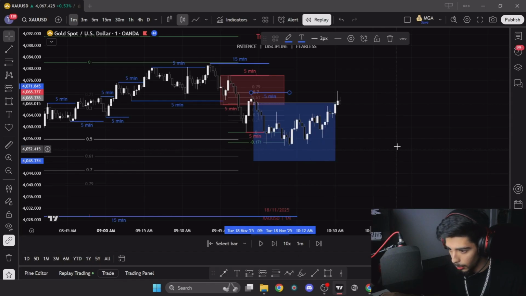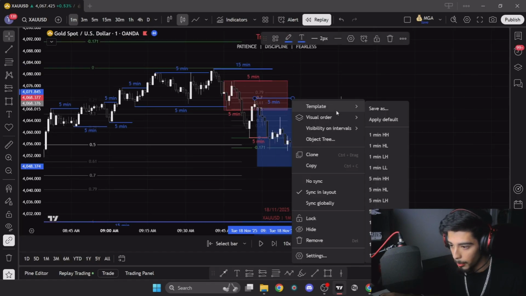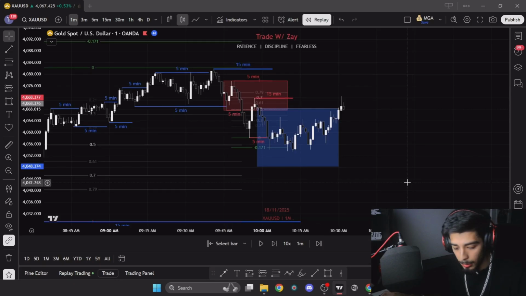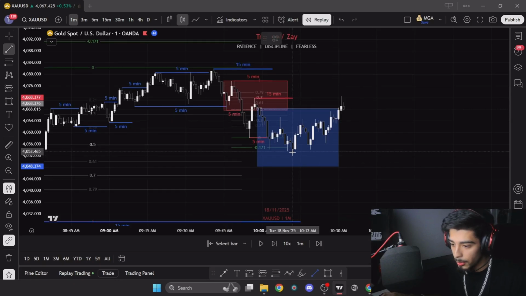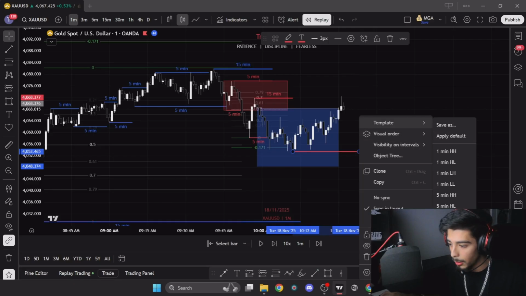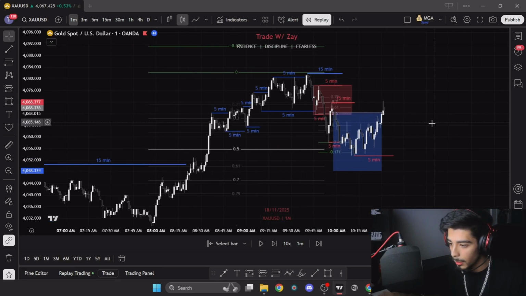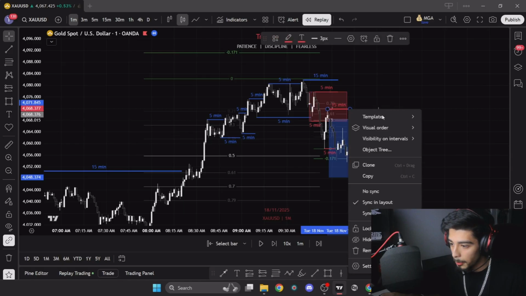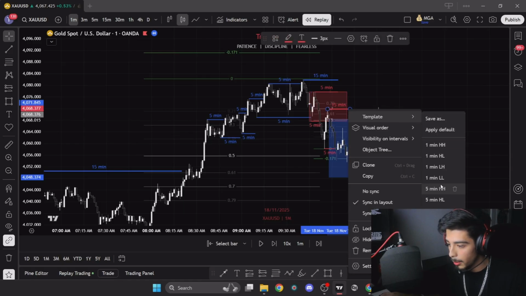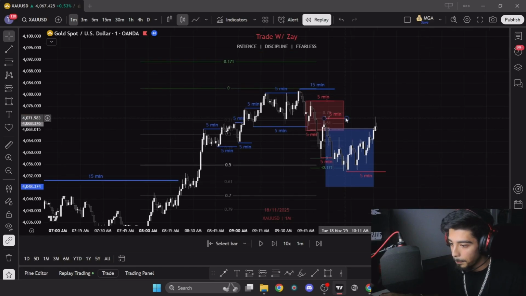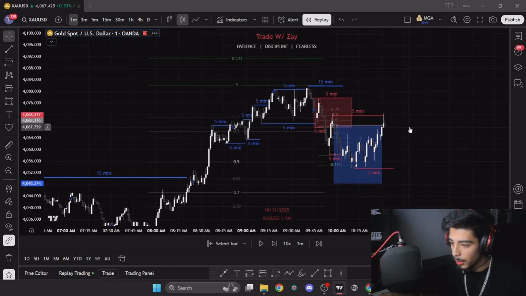Where is it? The higher low, lower high, my bad. Lower high. And then, you know, this is your lowest low for right now. But price ended up retracing back up. It used this as liquidity, which I did kind of see. So it used this as liquidity, and the reason why I did